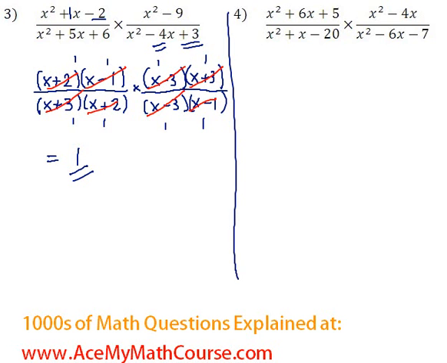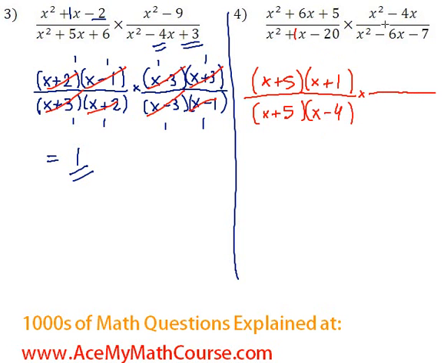Then question number 4, let's do the same thing, let's factor. Starting with x squared plus 6x plus 5, we're looking for two numbers that multiply to 5 and add up to 6. So just 5 and 1. Down below, x squared plus x minus 20. We're looking for two numbers that multiply to negative 20 and add up to 1. And those will be 5 and negative 4. So here we have x plus 5 times x minus 4